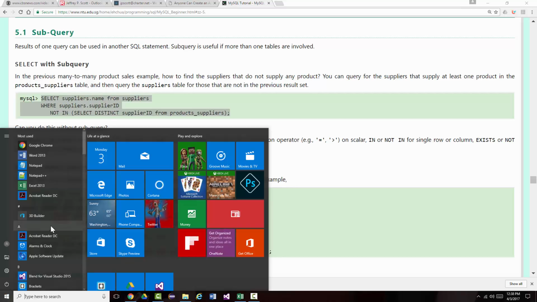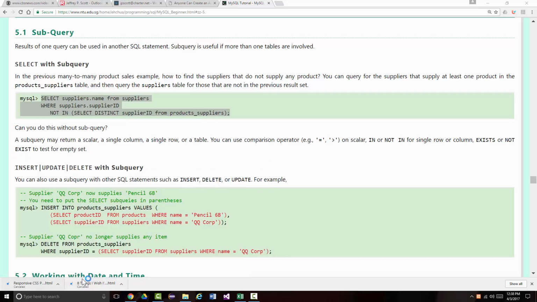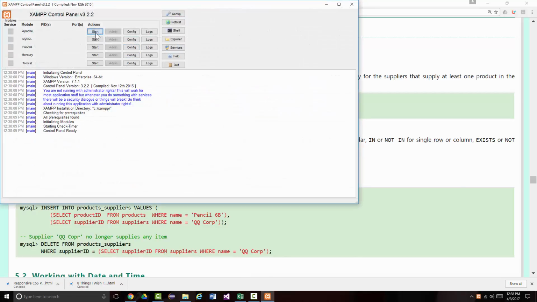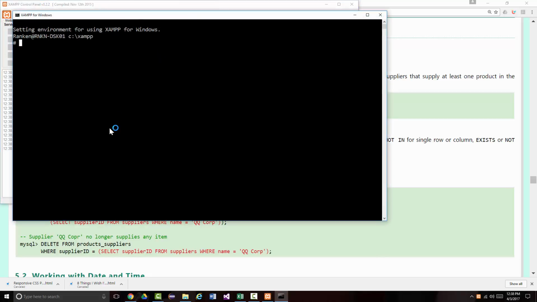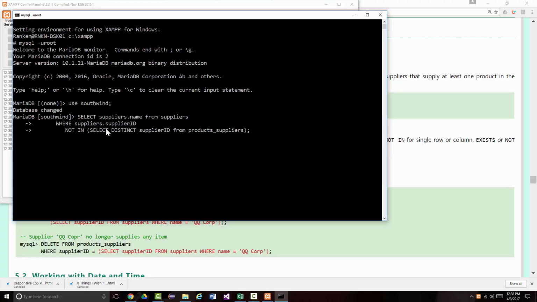Alright, so let me start up XAMPP. Get into the MySQL shell or console. Let's make Southwind our database. Okay, and now let's put this in here. Alright, it came back with the empty set. I'm not sure if that's right or not, but the point is, when you do a query like this,